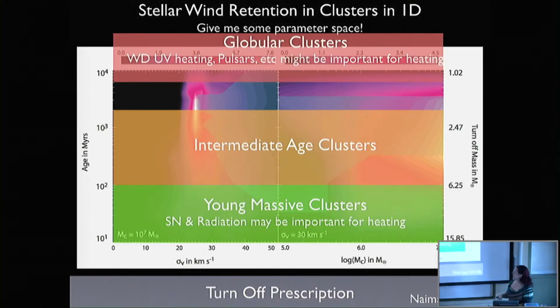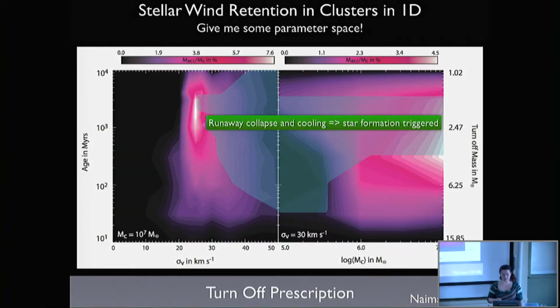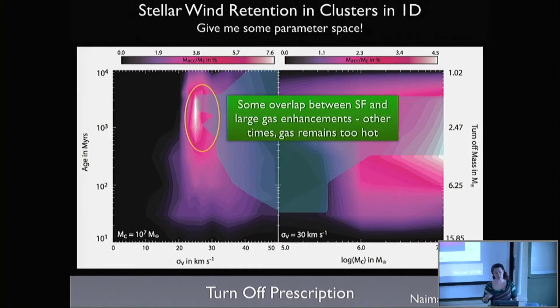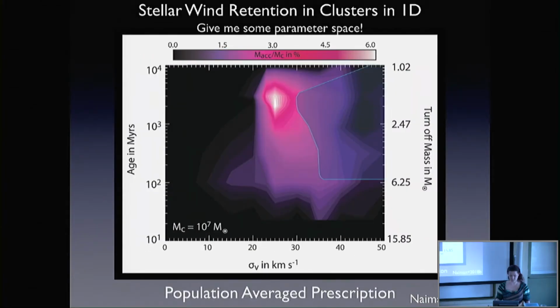And so again, there are different populations that these cover, and there are different things that we haven't taken into account in these different situations. So keep that in mind. And here, again for the Trump prescription, you can see where we expect to form stars in our simulation, and that tends to overlap with some regions of high material retention. However, for the population average prescription, where we include the kinetic energy from the main sequence,